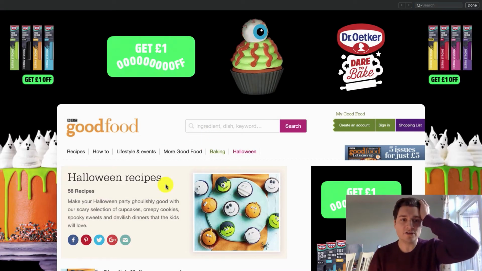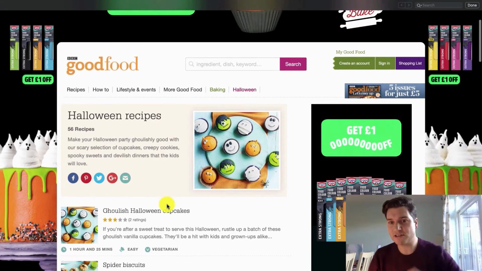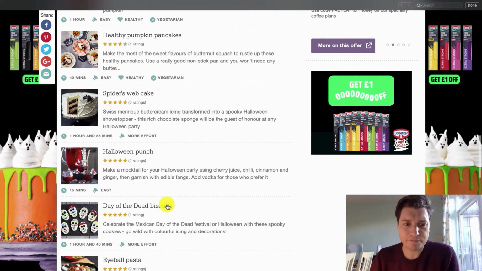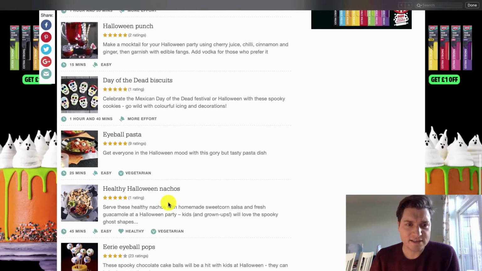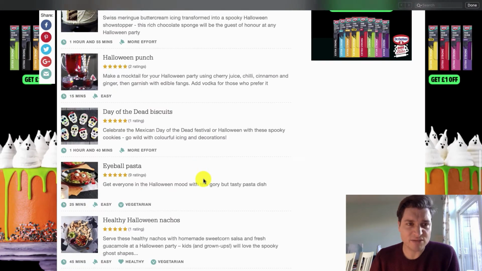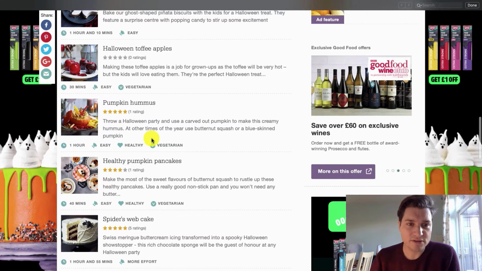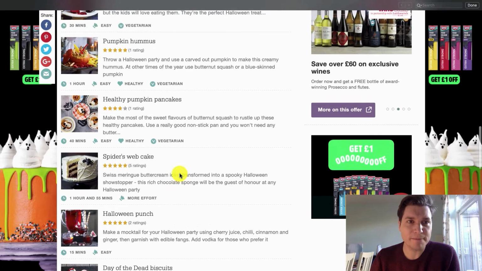Okay, so there's no gluten-free thing, so I'm finding it really hard to get what I want because there's just no options there. So I'm down to just guesswork. I'm going to click on toffee apples. No, I'm going to try a bit harder.